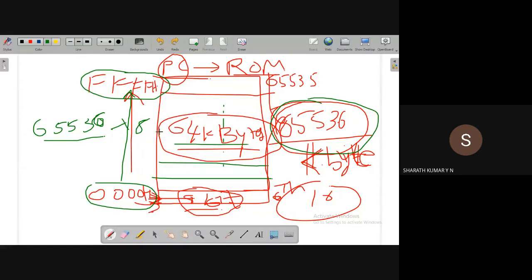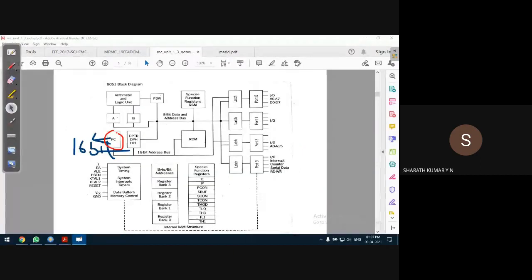So in terms of bits, it is a very large, huge number, 65,536 times 8. Let us represent only in terms of bytes. So the program counter can access a maximum of 64 kilobytes. Any doubt in this, guys? Things may not be totally clear now; more on this we'll discuss in memory. So this is one of the important features of the 8051 microcontroller, called the program counter. The purpose of the program counter is to point to the next location in memory where the microcontroller is going to execute the instruction.